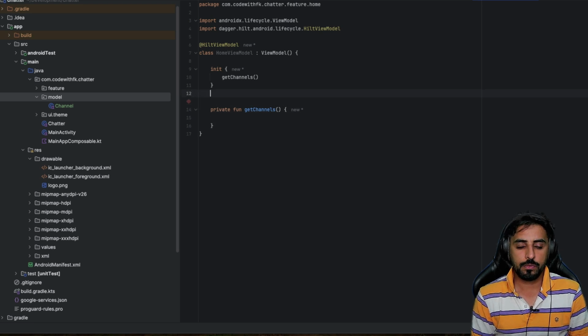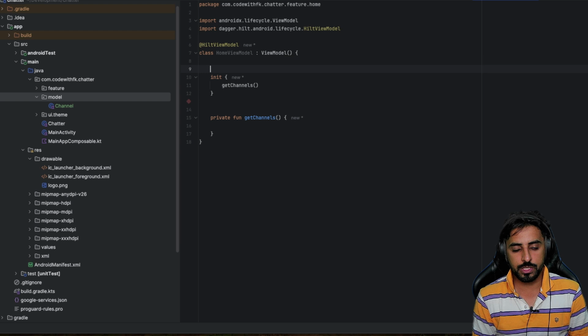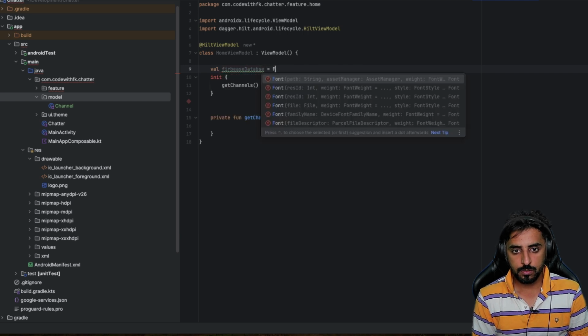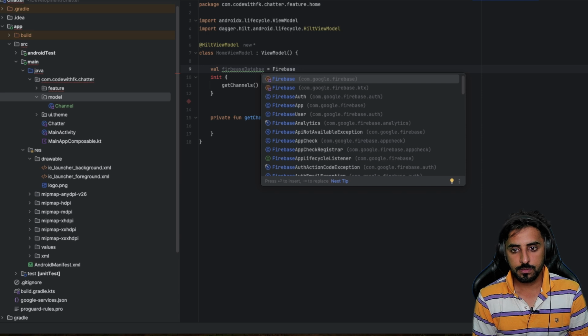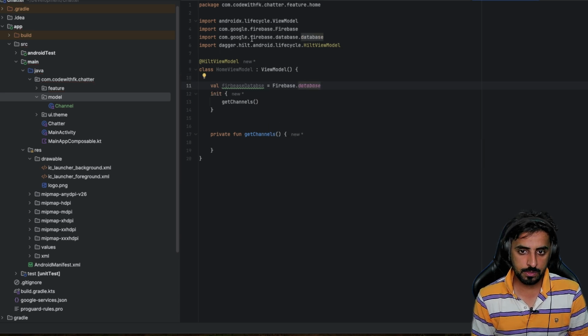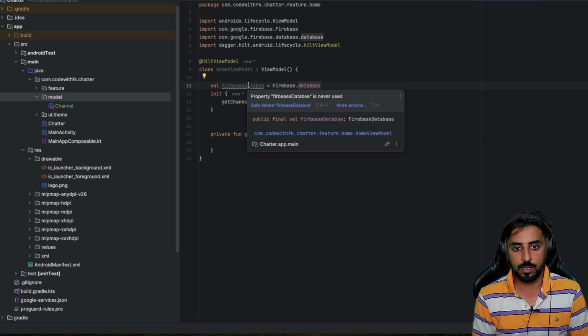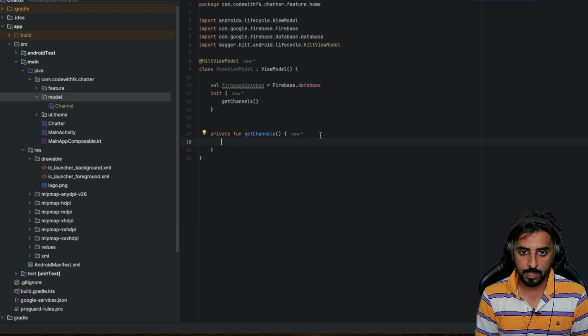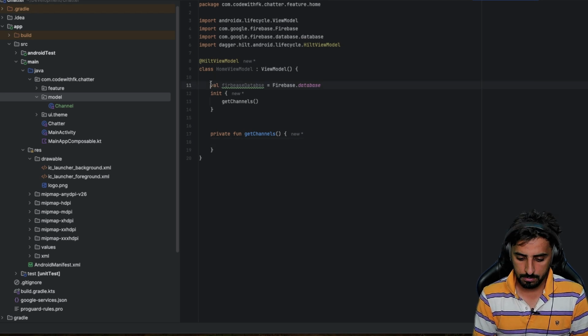Before that I want to initialize some other stuff as well, like val firebaseDatabase equals Firebase.database. This is basically what helps me fetch it. Second thing, maybe I can make it private as well